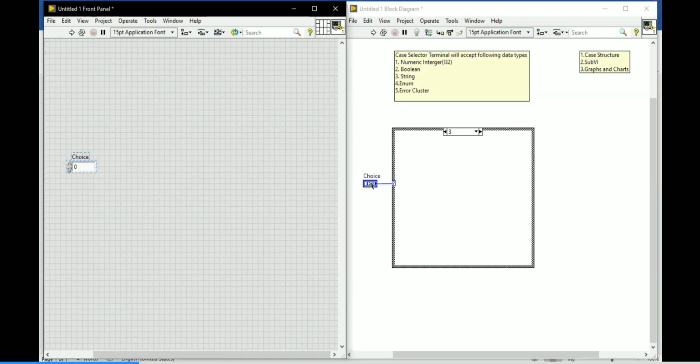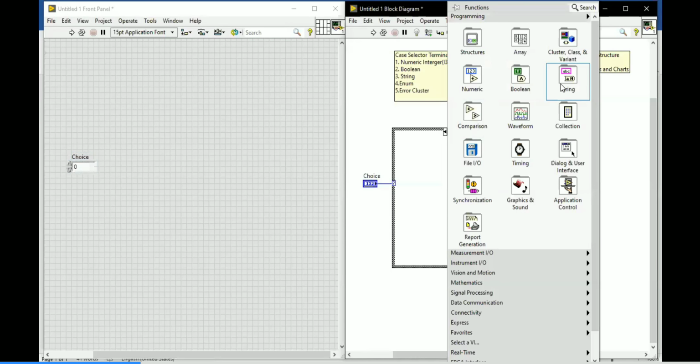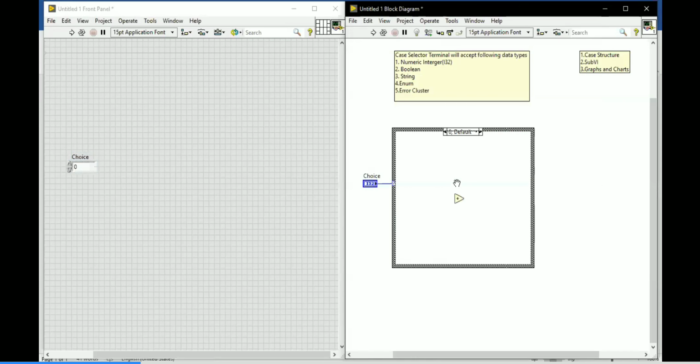Second choice is 2, which means multiplication. 3 means division, which I am going to execute over there. So these are the 4 things I am going to perform. To perform all of these, how many inputs do you require? Suppose I go for the 0th case. In the 0th case, I'm going to place the addition and perform addition over there.